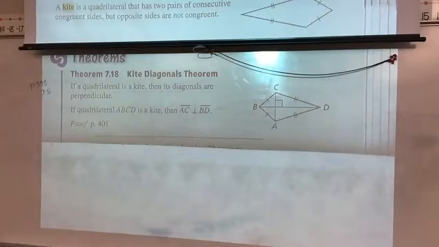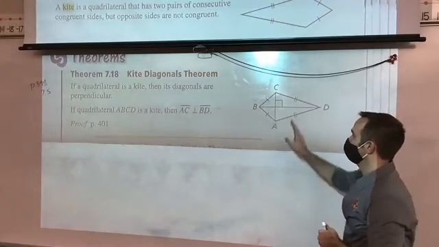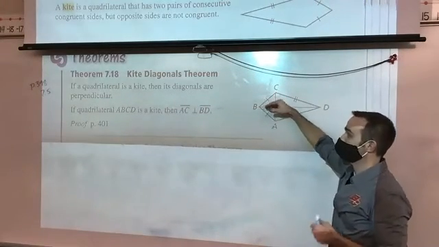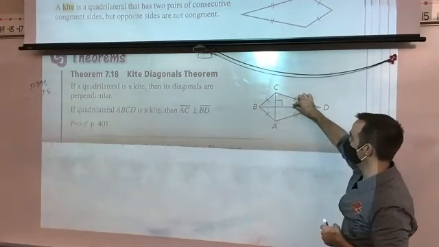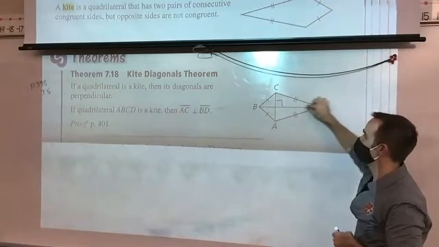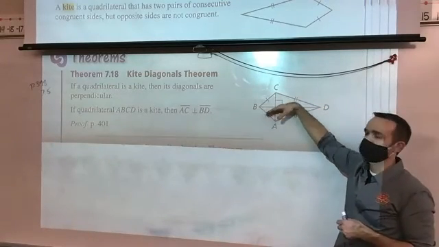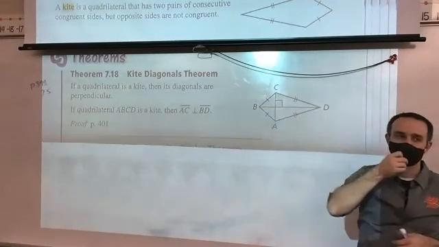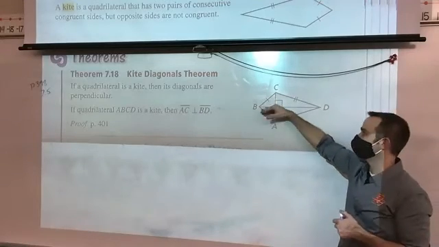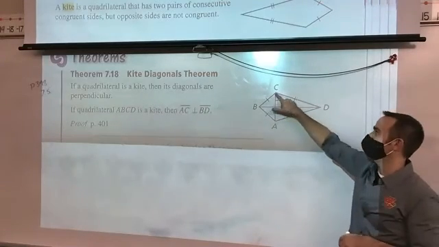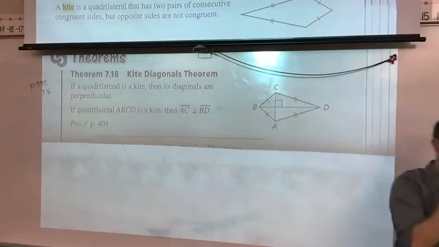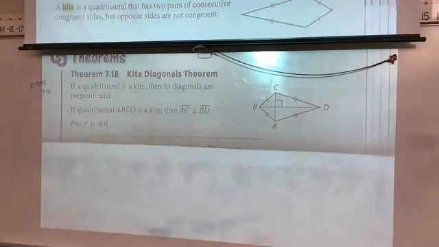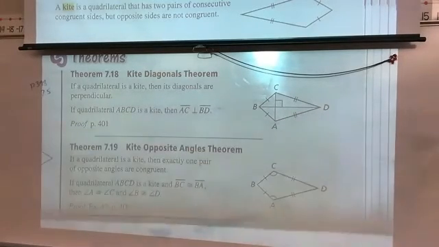Just like that rhombus theorem, our diagonals are going to be perpendicular. Again, if I just had that rhombus in there and I just pull that one vertex out, that's not going to change what's happening with the intersection of my diagonals. So diagonals are going to be perpendicular. That helps us to solve angle problems because we know we've got that 90. We know we've got right angles. We can use the triangle sum theorem a little bit easier. That allows us to do a lot of things there. Okay, so diagonals are perpendicular. The other one